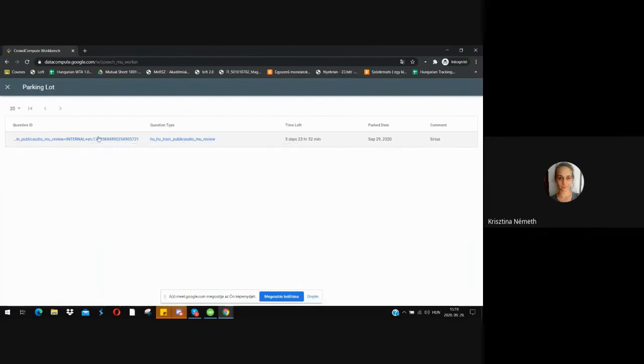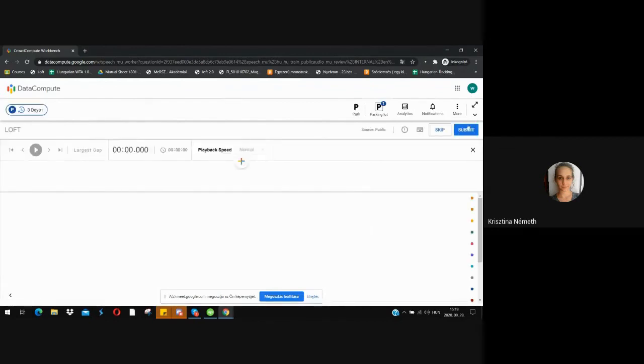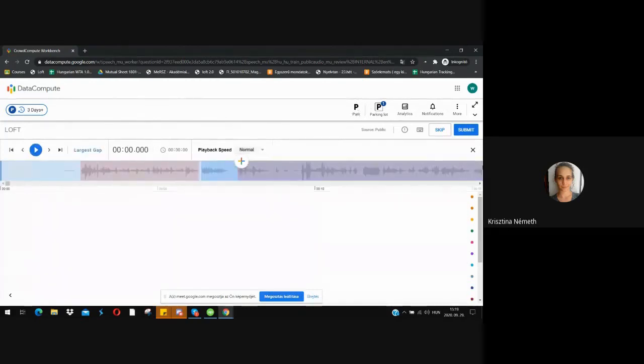So that's what happens. And when you have finished the task, you press on submit, and then you can't open that task anymore because it's already submitted in the system. So only press submit once you have finished fully the task. And otherwise, if you have not finished and you just basically want to save, the only option to save it is to park it. So if you have not yet finished it, park it. And if you are fully done, you can click on submit. Yeah, so I think those are the most important things about